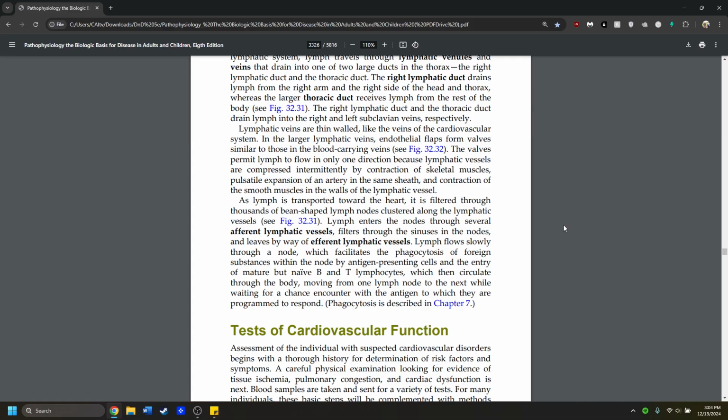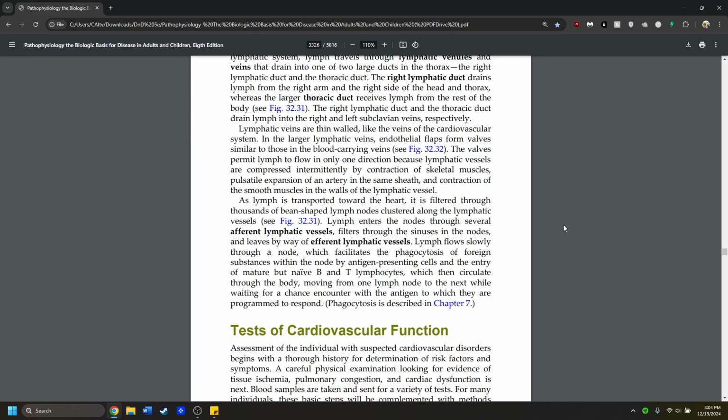Lymphatic veins are thin-walled, like the veins of the cardiovascular system. In the larger lymphatic veins, endothelial flaps form valves similar to those in the blood-carrying veins. The valves permit lymph to flow in only one direction because lymphatic vessels are compressed intermittently by contraction of skeletal muscles,